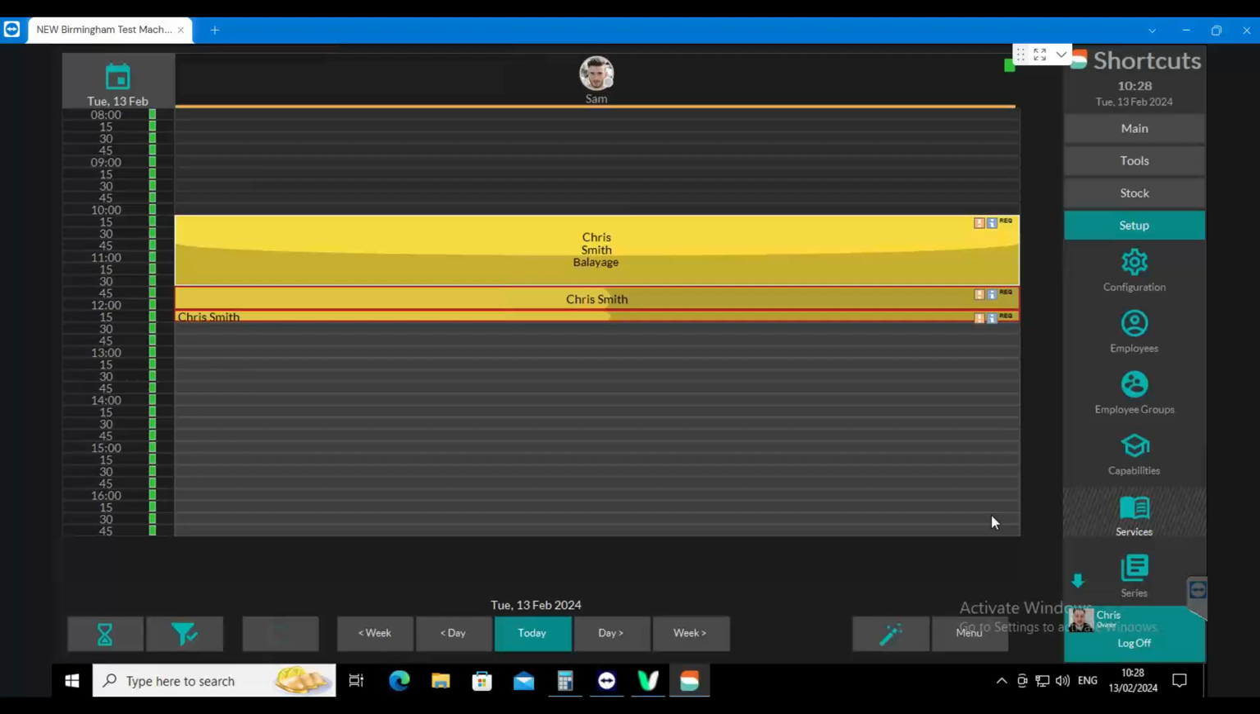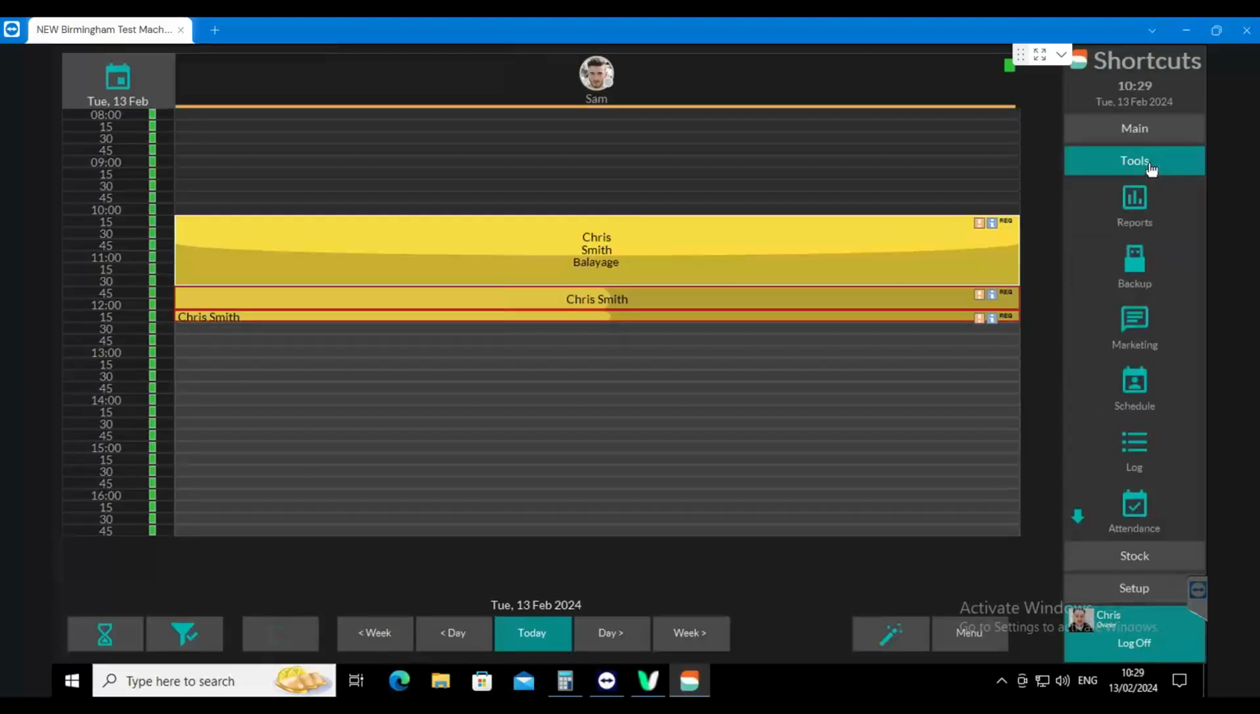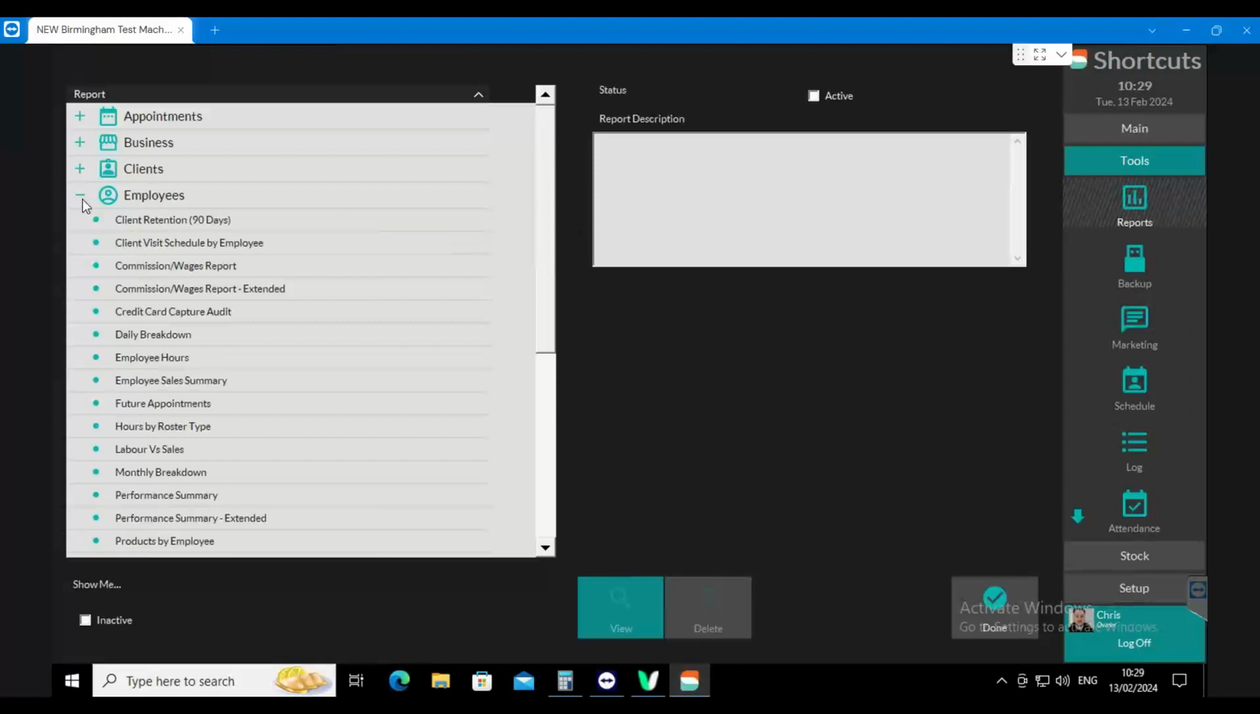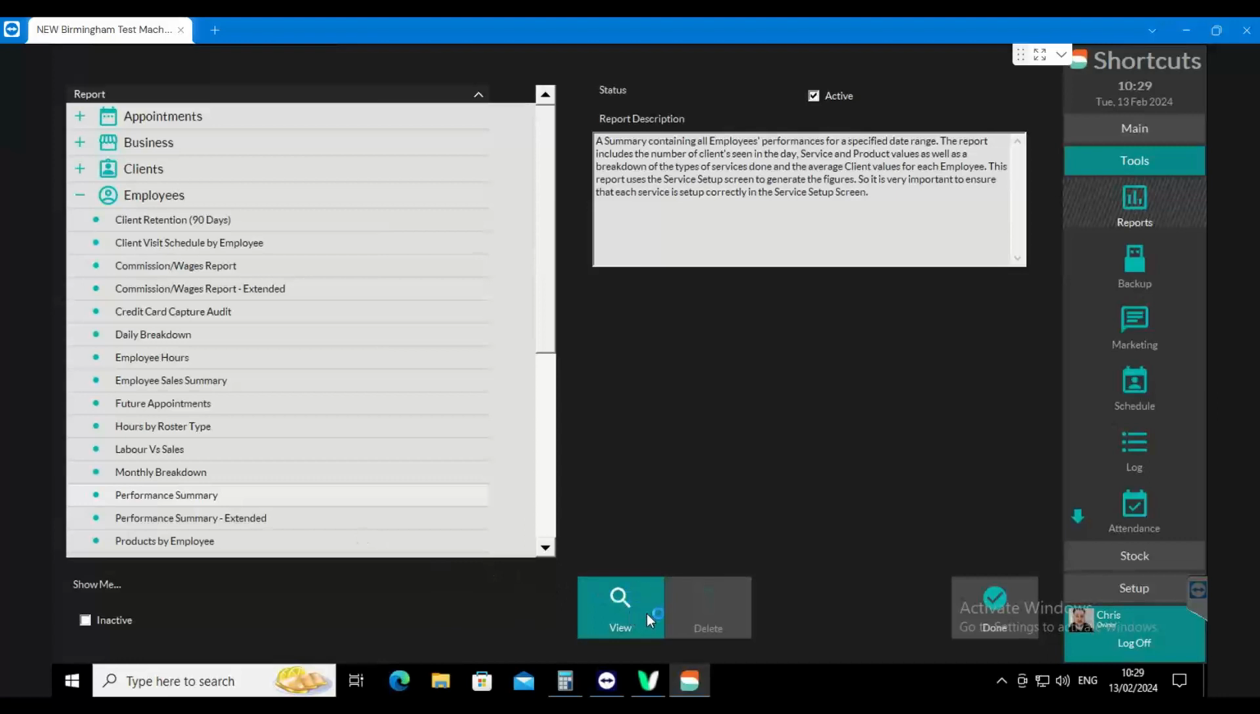Now, like I said, unfortunately, there's not a dedicated report just yet to discuss related services that were added on or recommended services. But what you can do, if you decide to take on this feature tomorrow, before you do that, just go to Tools and your reports. And what you can do is go to Employees, and if you go down to Performance Summary, click on View,